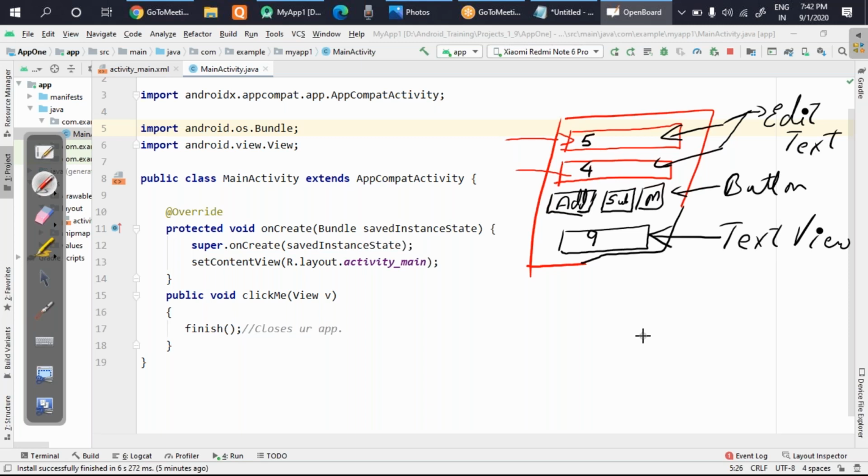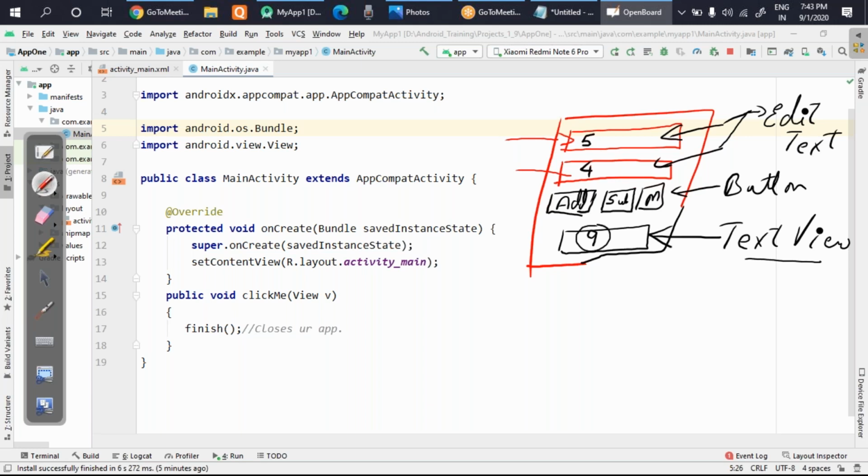Am I clear, guys? So I have taken three kinds of components. One is where I will take the input. Second one is buttons which I will click and I should be able to find the solution. Like if I click the button add, I should be able to add these two numbers 5 plus 4, and in the text view I should be able to show the output. So why it is called text view?